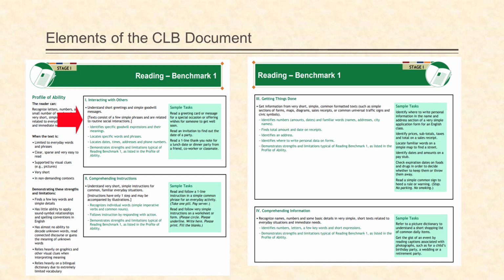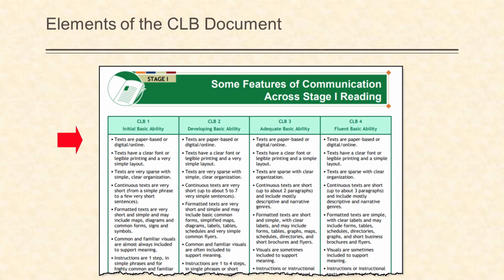These features, such as length, audience, and complexity, apply to all of the competencies for a CLB level. Sample indicators of ability are example tasks for each competency area. At the end of each stage of a skill, there is a table detailing selected aspects of communication, such as length, audience, or task complexity. These aspects are believed to assist teachers and developers in identifying learner-appropriate tasks for instructional and assessment purposes.